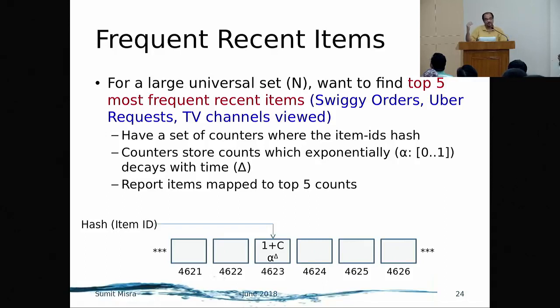TV channels being viewed, that is a TRP, huge money out there. All these set-top boxes try to do that mining. What are the things people are seeing? When? That Zee or Star or whatever, which particular program, one after the other, all those sequences. So how is this problem solved? This business problem is well understood. But the problem is how it is solved.